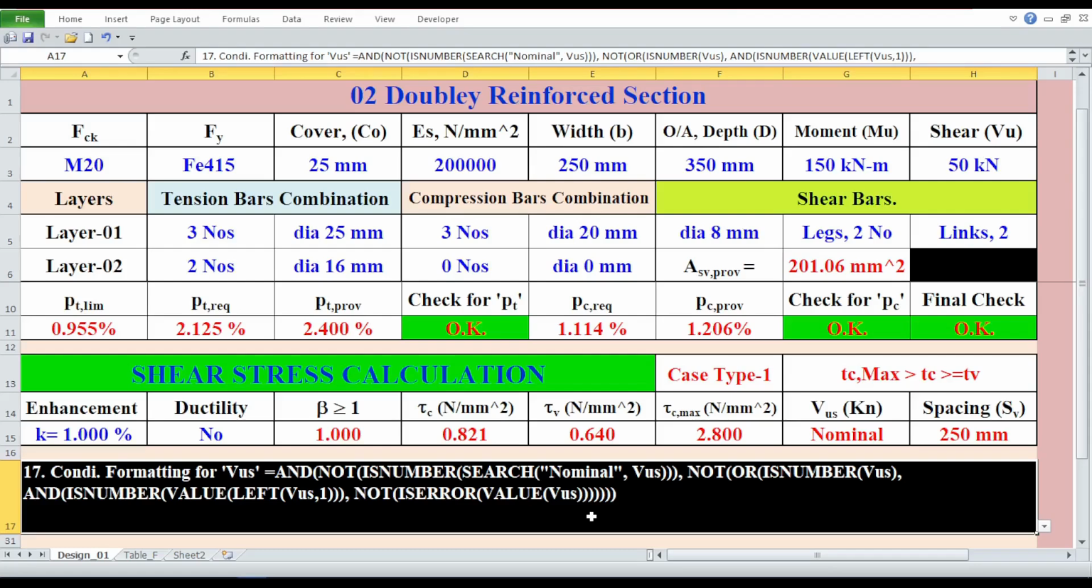In this situation, Gemini AI became the savior to me. Gemini AI provided me with the formula to overcome the situation. By editing that formula, I am going to use that. Thank you, Gemini AI. Now, the formula for the conditional formatting of VUS is equals to AND(NOT(ISNUMBER(